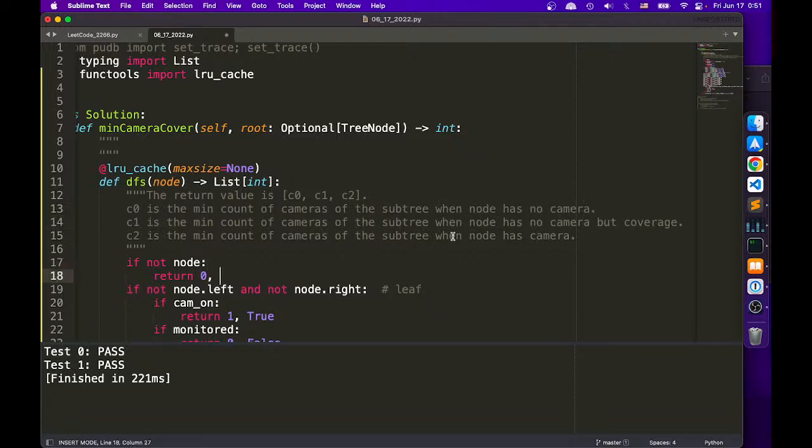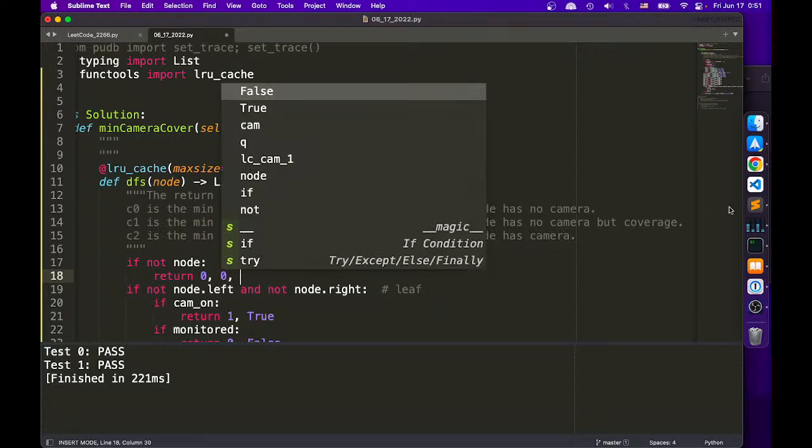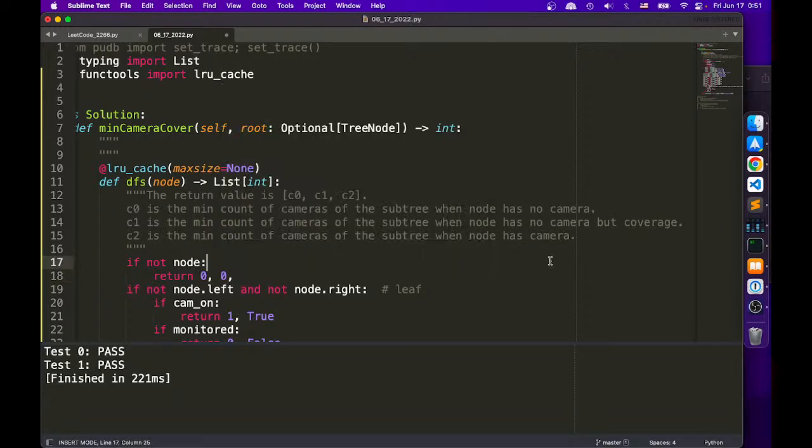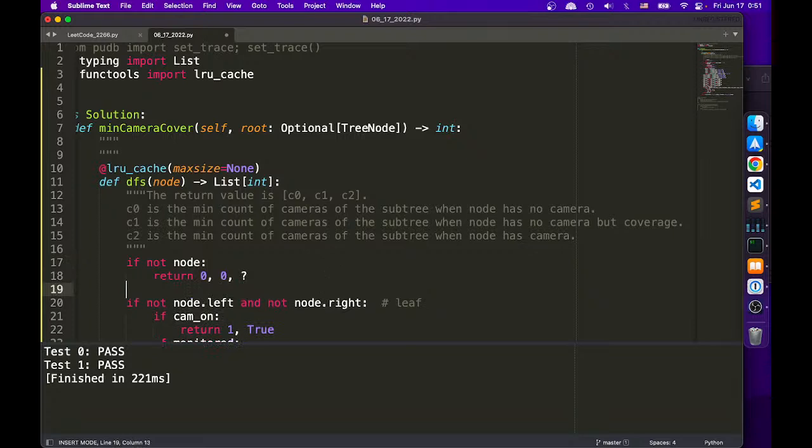So if we have no camera, that's going to be 0. And with no camera, that's a 0. If the node has a camera, but we cannot have a camera, and we try to have a camera, we don't know, right? At the moment, I don't know. Otherwise,